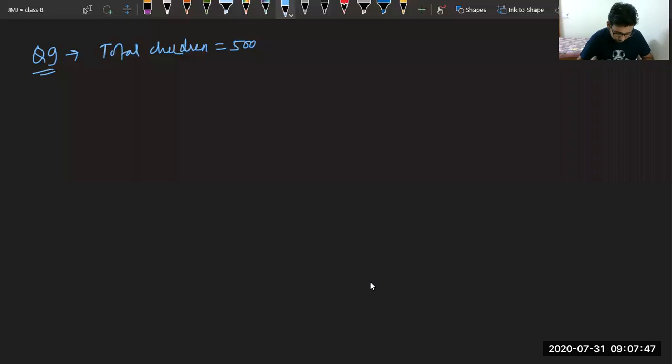Okay, Yuvraj. For a PT drill, they have to stand in such a manner that the number of rows is equal to the number of columns. So if there are 3 rows, then there are 3 columns. This they want to say. Now, how many children would be left out in this arrangement?